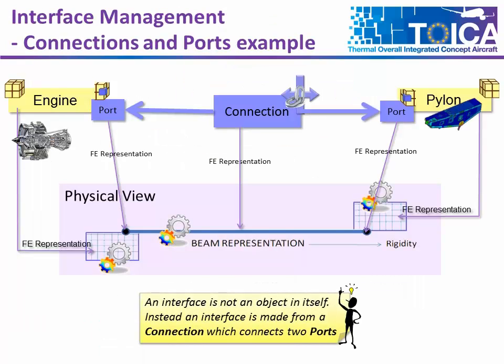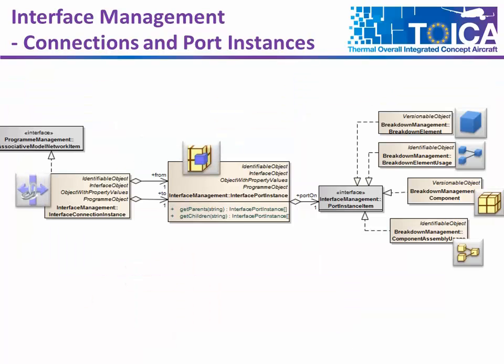The first thing to notice is that the interface is not an object in itself. Instead, it is made up of a connection and ports. This is to avoid the possibility of elements of an interface being deleted and not the interface itself, or vice versa. Continuing the example, this shows a connection between two ports, one on each of the engine and the pylon. The connection has a representation, which is the beam representation, and the two ports also have their own representations in the FE model. Looking at this in the business objects,